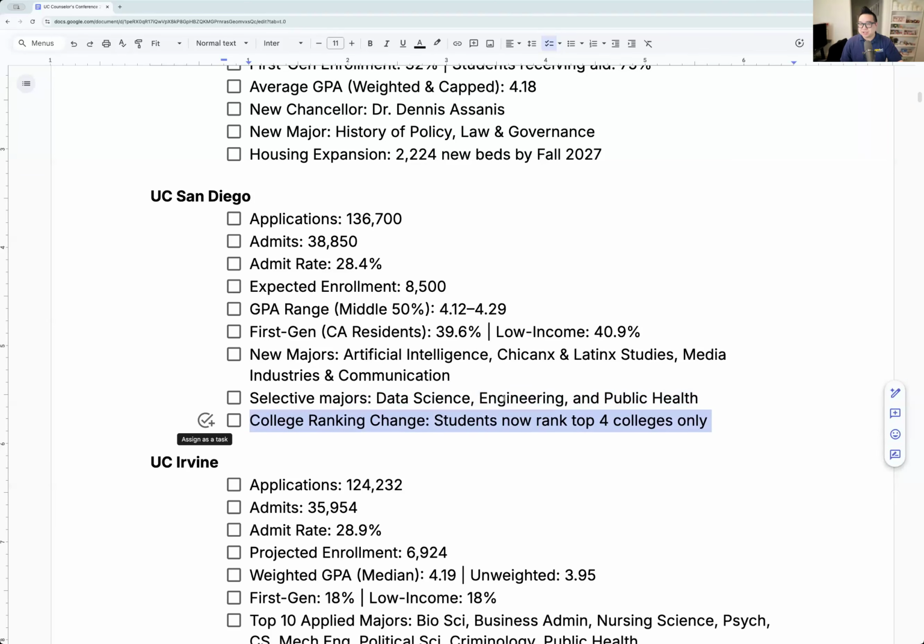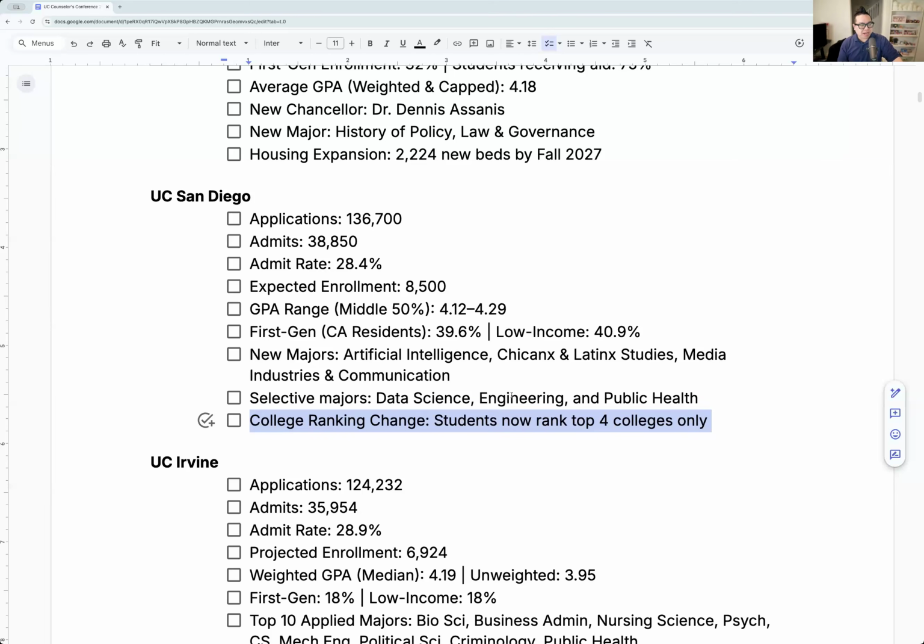Their college ranking: San Diego's a little different than all the other UCs. You rank the colleges and then you're accepted to a college. There are 8 colleges in the UC San Diego system. Each college has different requirements, so you customize your college journey based on that. For example, there's a more social justice college, where you'll have a required social justice class as part of your curriculum that you'll take as well.